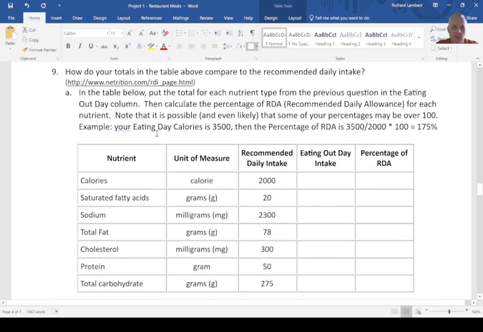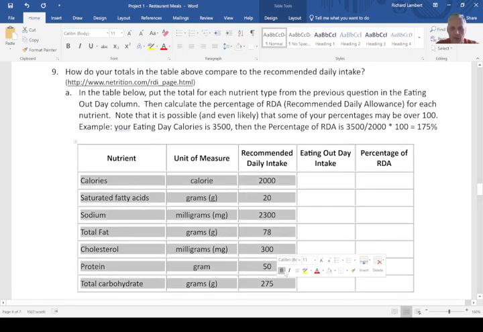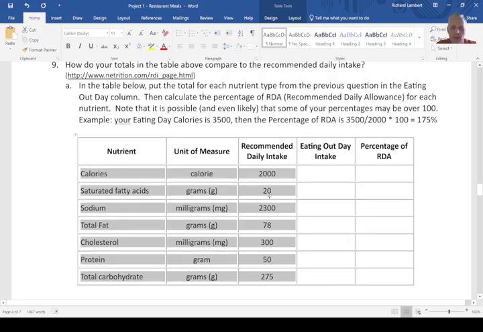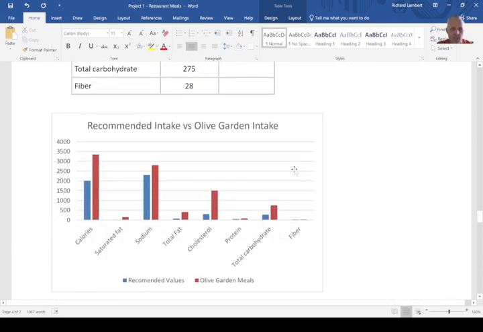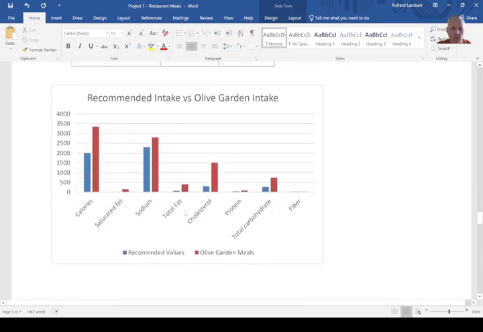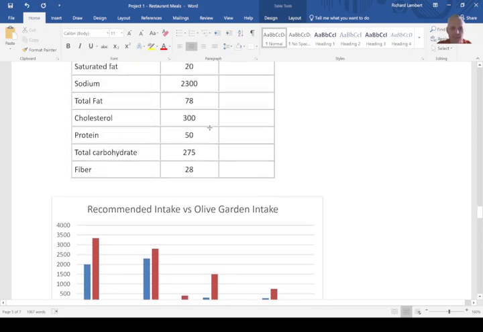So according to this source, this is sort of like your recommended daily amounts for these different things: 2,000 calories, 20 grams of fat. And what we want to do basically is create a side-by-side bar plot to show recommended values versus your eating out day values. And in my example, I ate all my meals at Olive Garden, which is not a good idea, but